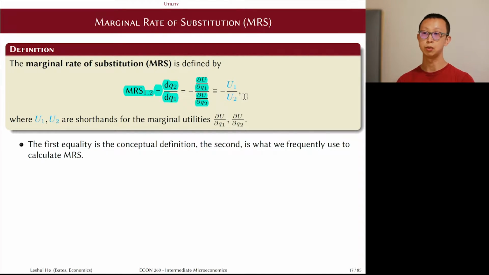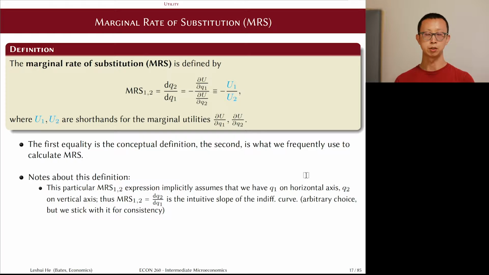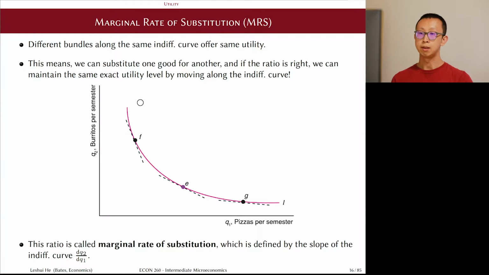And we'll frequently use both the notation of MRS and this expression of U1 divided by U2. A couple of notes about this particular expression. First of all, you might ask, well, why do you write marginal rate of substitution as 1, 2 instead of 2, 1? Is there anything specific about this? Is there a right way or wrong way to do this? Not really. They're all equivalent, but the way we're writing it like this is to correspond with the graphs that